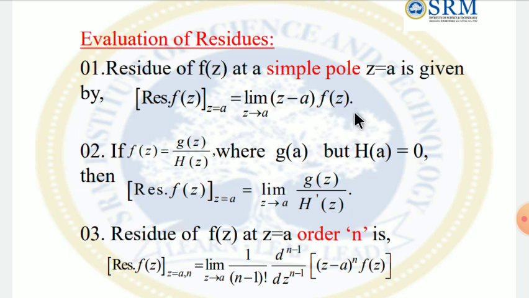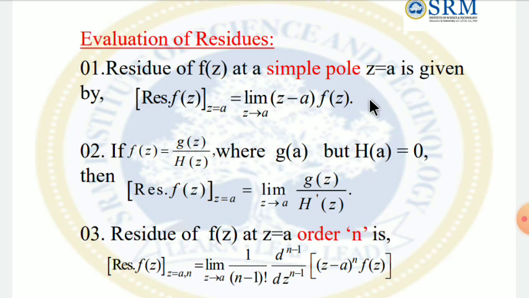This is nothing but the definition of the order of the pole. Remember, limit z tends to a of z minus a into f of z. That limit value is nothing but the residue value of f of z at the simple pole. Suppose the order of the pole is 2 or 3 or 4 or generally n,